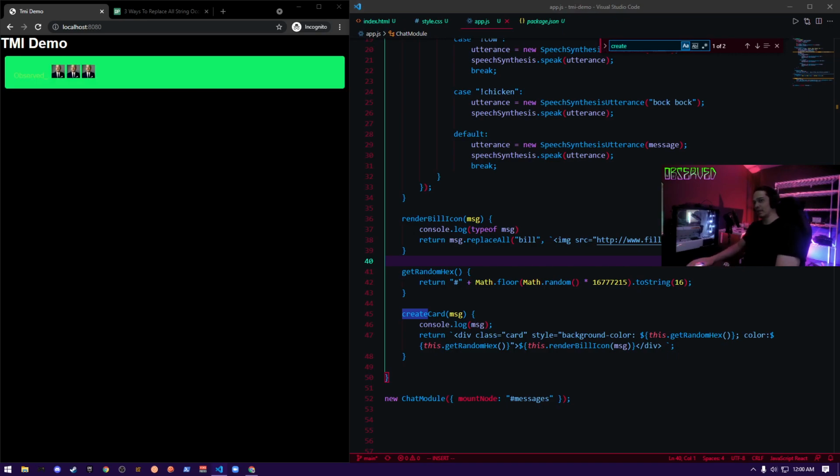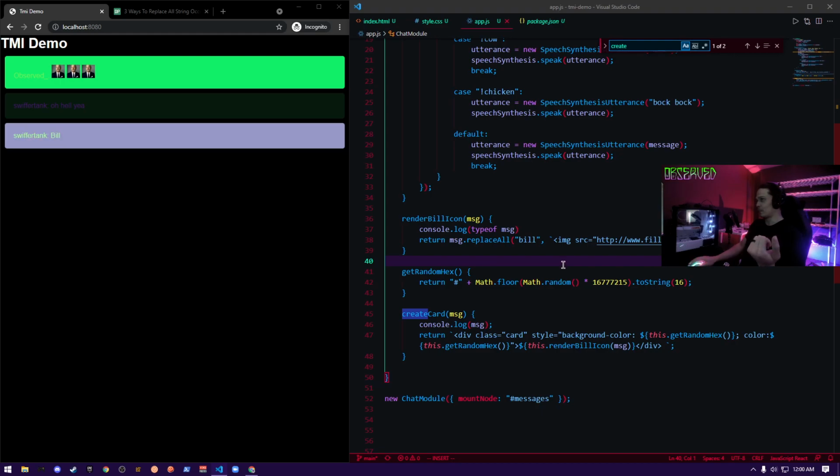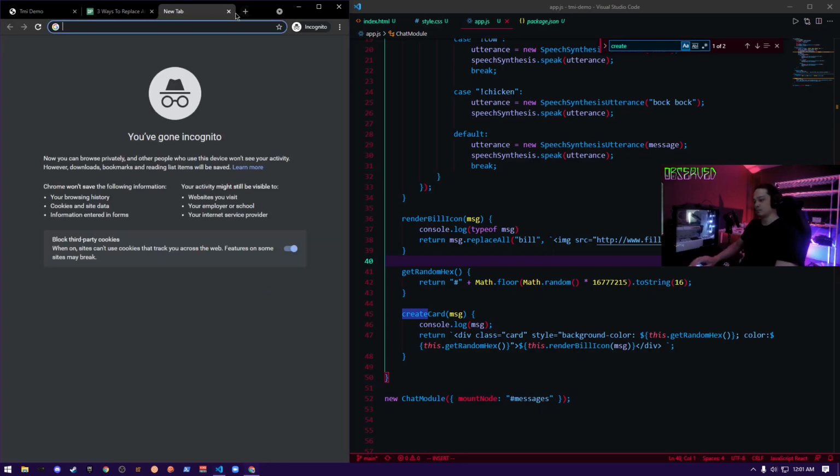Bill. Okay, yeah. Another thing too, I noticed here I put Bill with a capital B. It didn't consider that. So what we could do is lowercase it. But how would we lowercase it? Bill. Replace all.